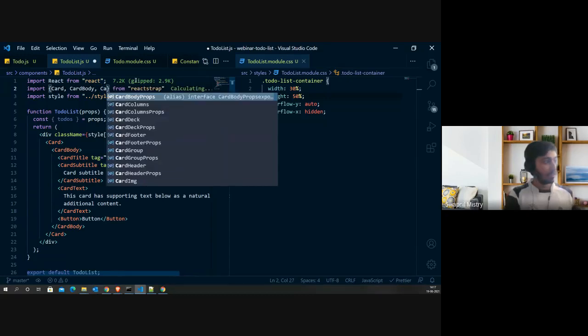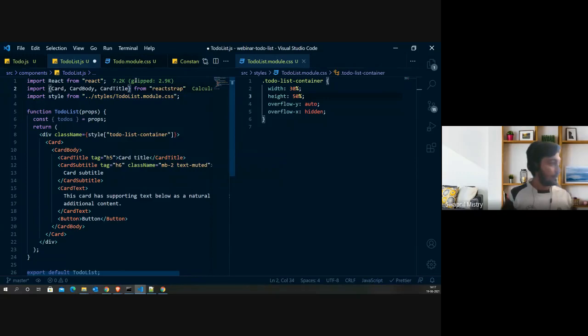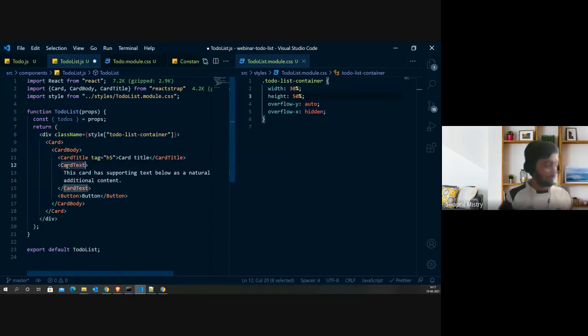We need something called Card Title. We don't need Subtitle as of now, so we can get rid of this. We can use Card Text as well. Card Text. And I think that's it. We have imported all the stuff which is needed.